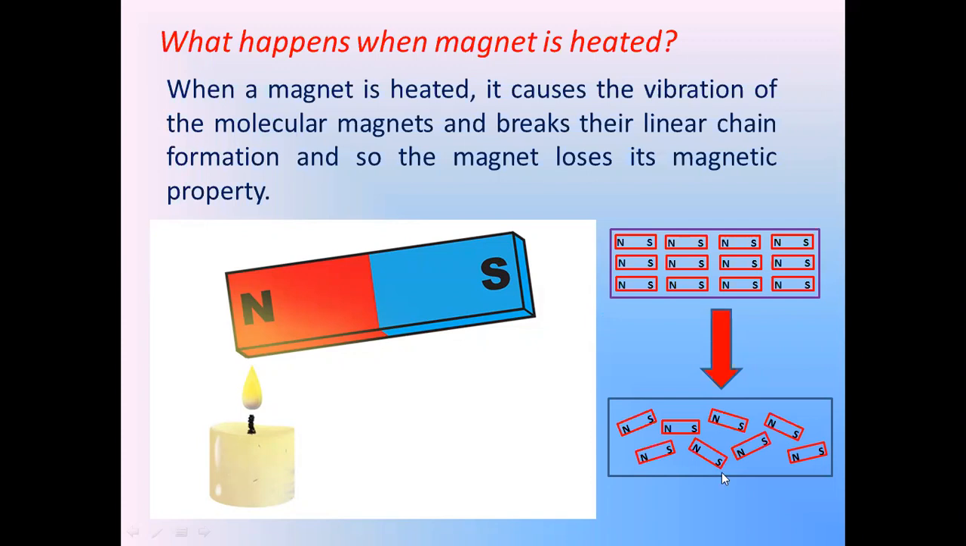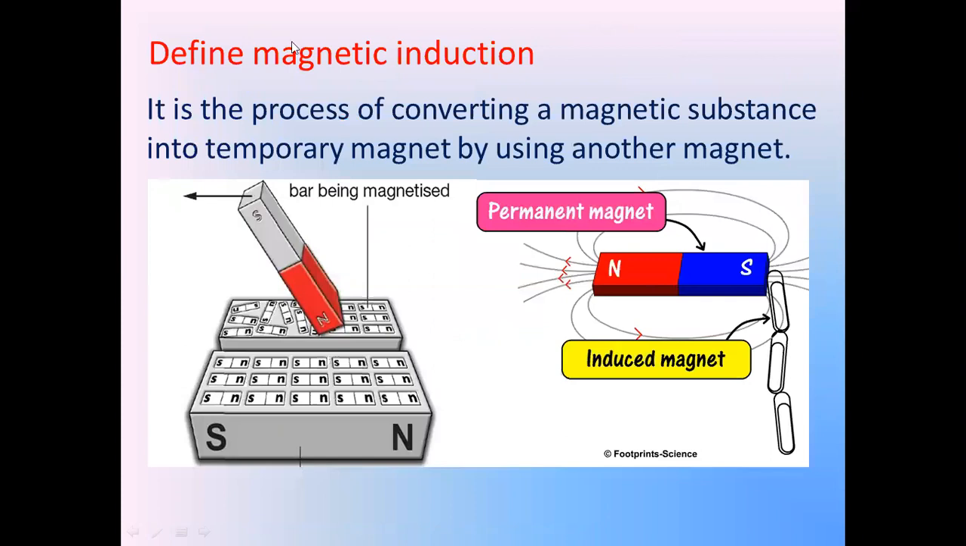Okay. Next, define magnetic induction. What is the meaning of magnetic induction? So you can see here, it is the process of converting a magnetic substance into a temporary magnet by using another